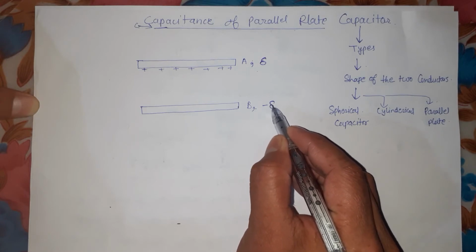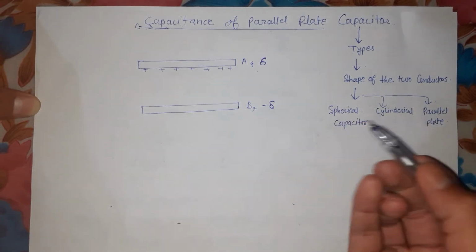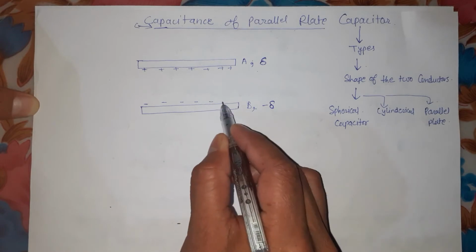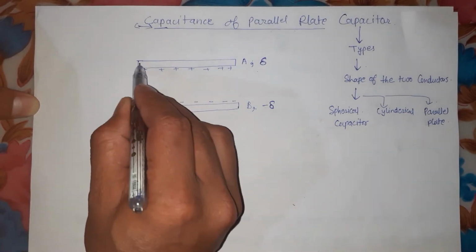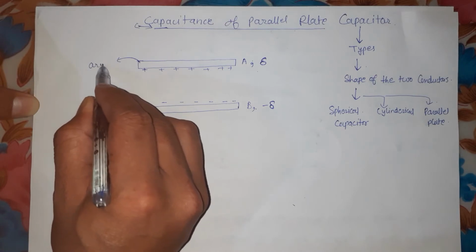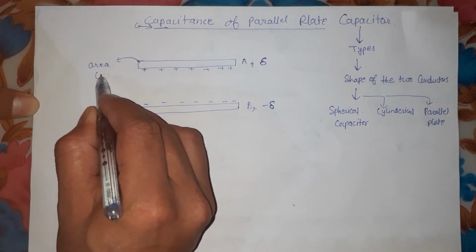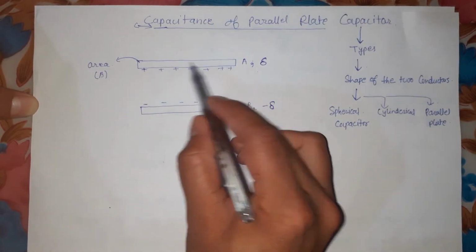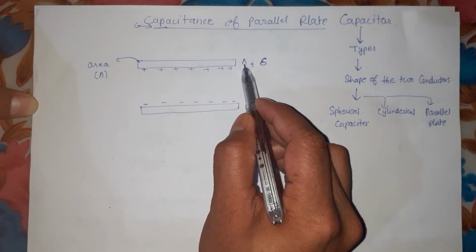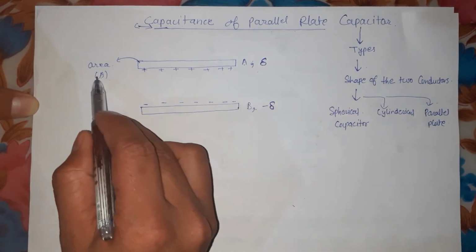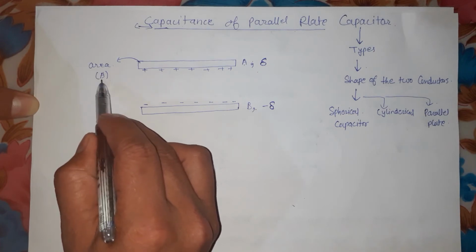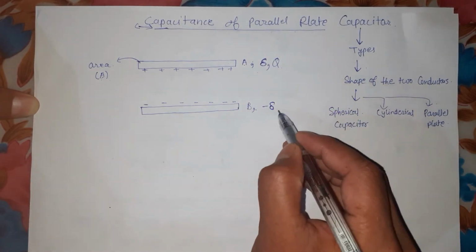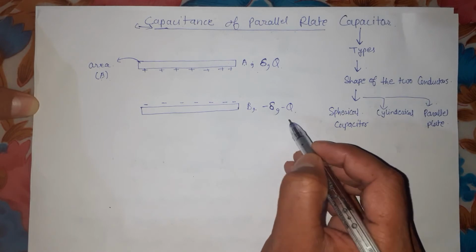As we already know, one will have positive charge and another will have negative charge. So over here it is negative charge on this B plate. Let us suppose the area of a plate is A. Here A is the area, and this very first plate is also A, so I am going to put it in brackets as area. Now, student, on this we have positive charge Q, and on this we have negative charge minus Q.